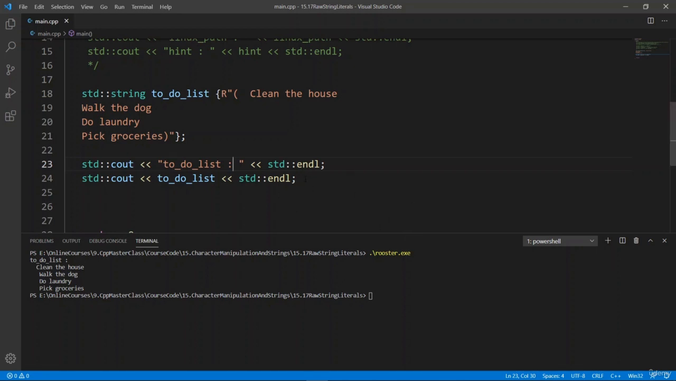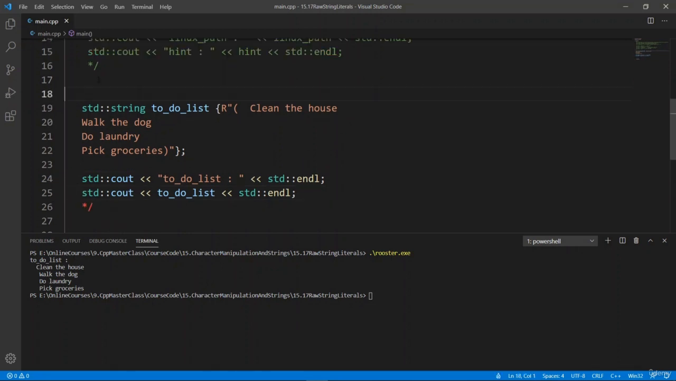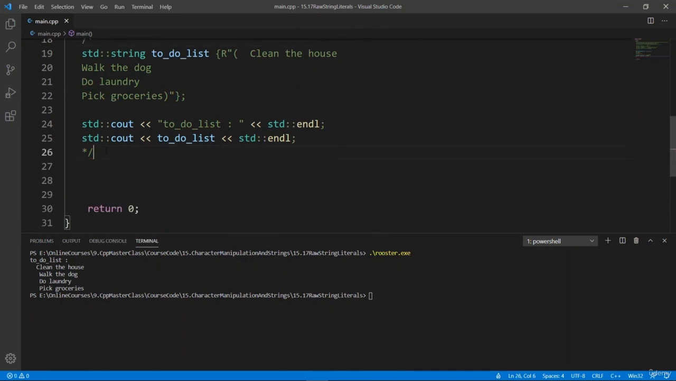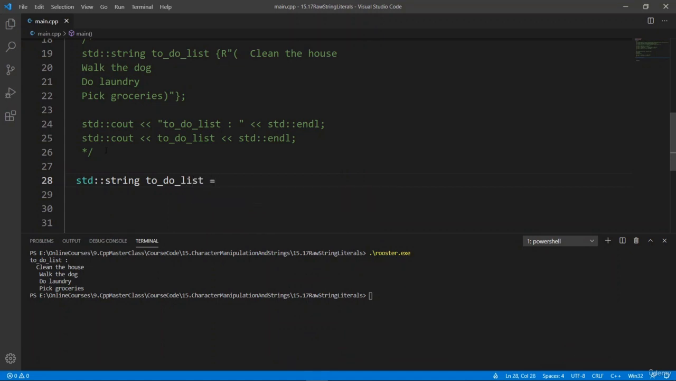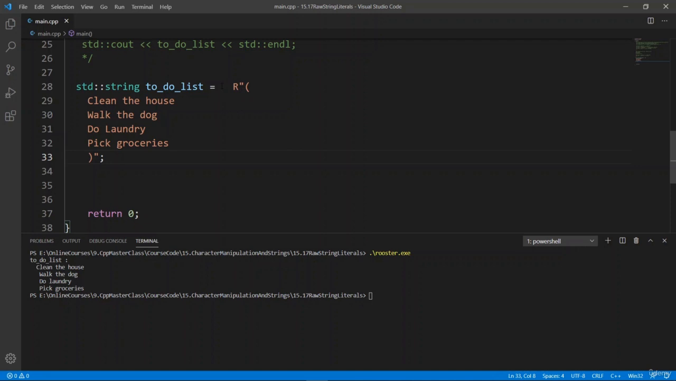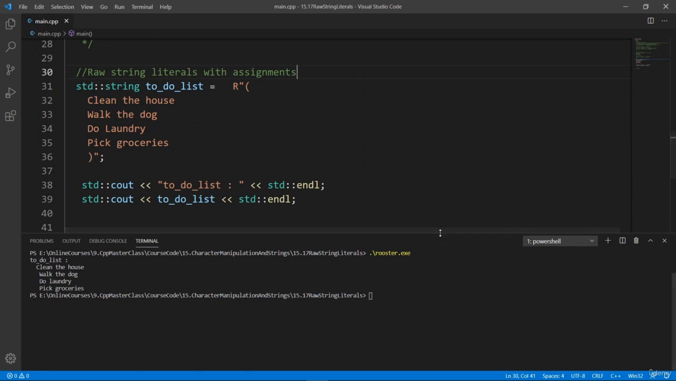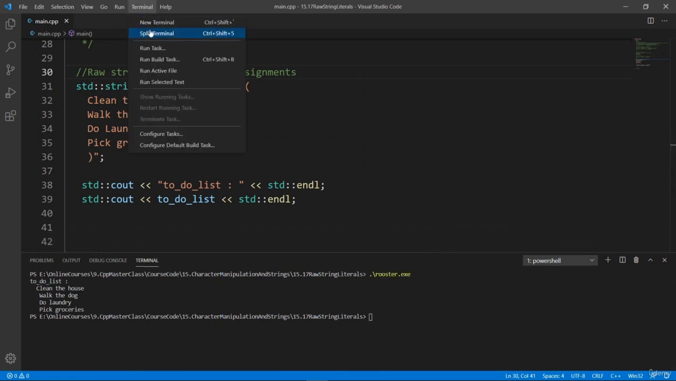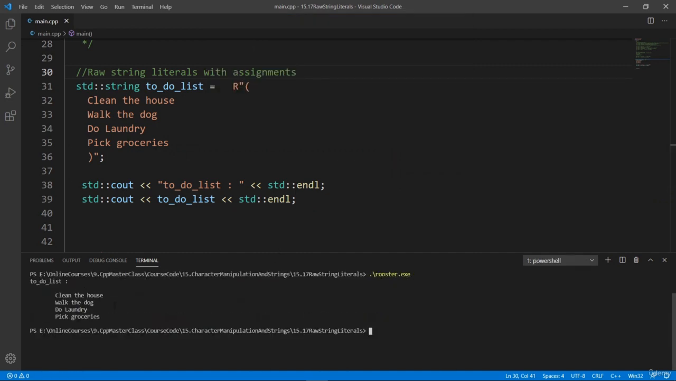Raw string literals also work in assignments, and we're going to see an example of this. So let's comment this out. And we can say std string and say to-do list and say equals and put our raw string literal on the right here. And it is going to be assigned to our to-do list string here. So we can also print this out. Let's go down and do that. Okay, if we build this, the build is going to go through, at least I hope. So let's do that. We're going to use GCC. The build is good. We can clear and run Roaster, and we're going to see our text printed out here